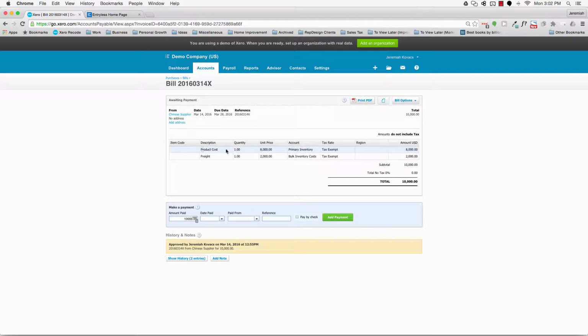So this is the product cost, which is a per unit kind of cost, and I've plugged that to the primary inventory account. And then freight, I've categorized to a totally different account called bulk inventory costs. I don't want to go into too much detail here. You can learn about that in a later module, but these bills are great because not only can you do separate line items, but further on down when you need to reconcile, say, that 30% deposit, you'll have this bill